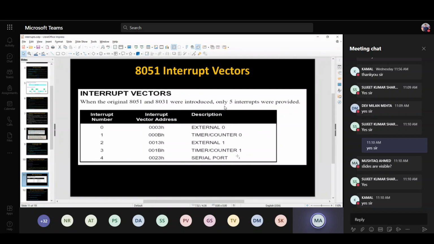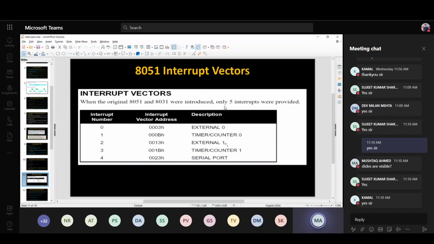So if external 0 and timer/counter 0 come, and no priority bit is set in the interrupt priority register, then the external 0 interrupt will be resolved first, and after that the timer/counter 0 interrupt.